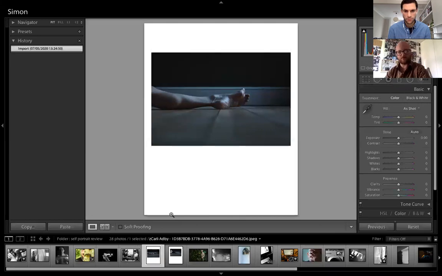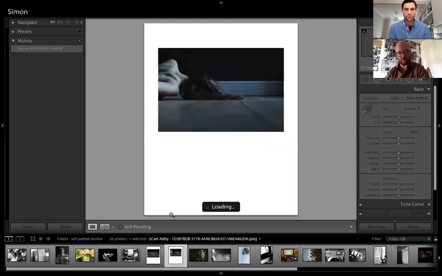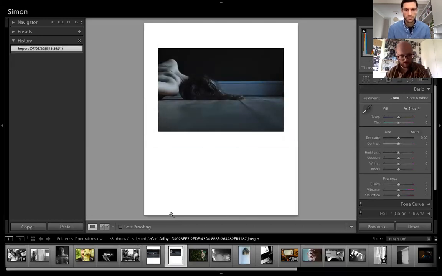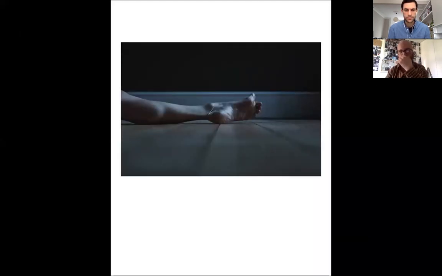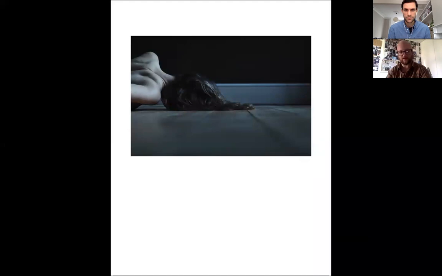Okay. So this photograph and the next photograph are from the same photographer, Carly Adby. Can we see them full screen? Yes. Is everyone able to see that? Yep. Cool. This image and the last image, photographically, again, are very simple. They focus in on very clear aspects of the person. And I think there are some very clear,